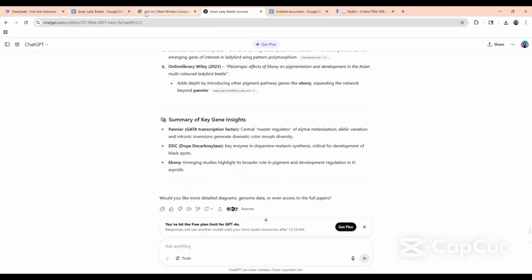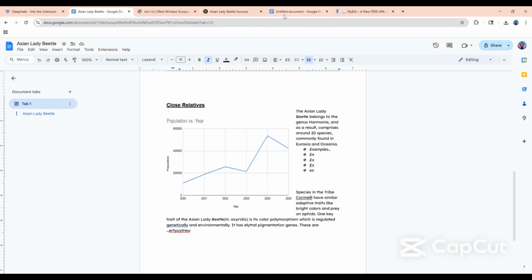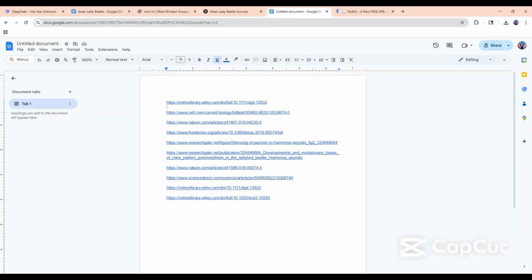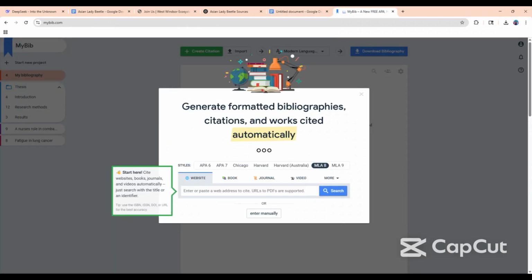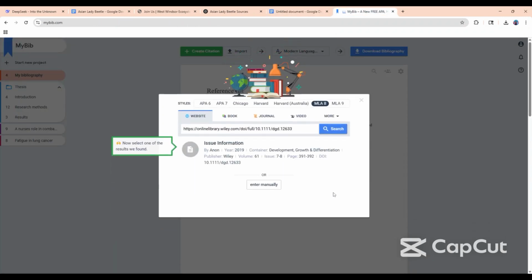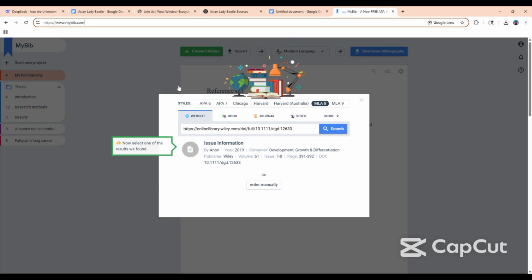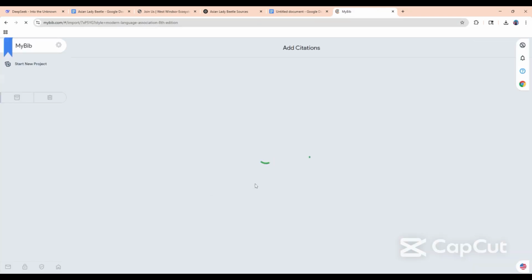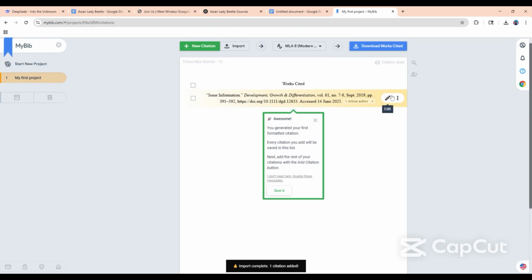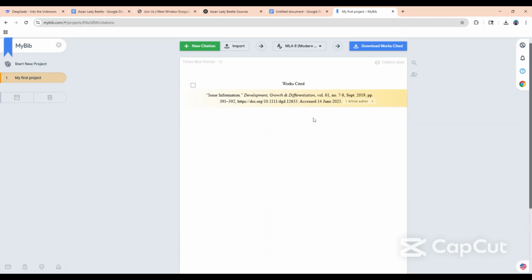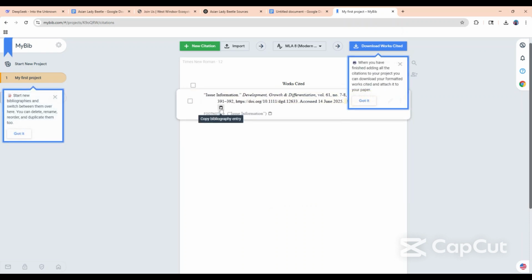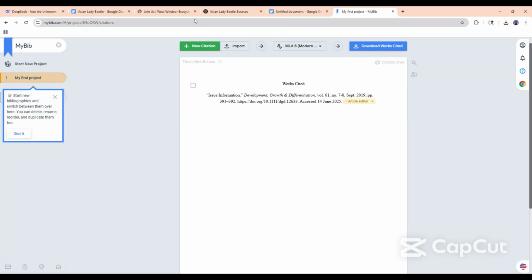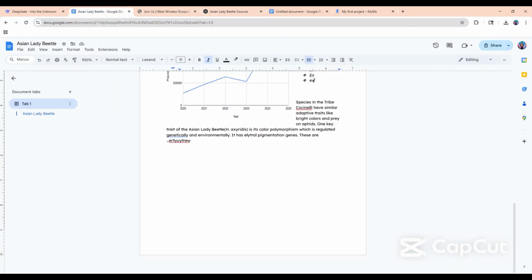Now we're at the final stage after we've written our whole article, assuming this is our whole article again. We have all our sources, and you want all of these to be cited. Now, this is assuming you've checked all your sources are reputable, all your information is from these sources. You want to cite them. And I use mybib.com. That's what I feel like is best for just getting your things with a citation. So you can just directly copy it from here, paste it straight onto your document or wherever your sources cited section is,